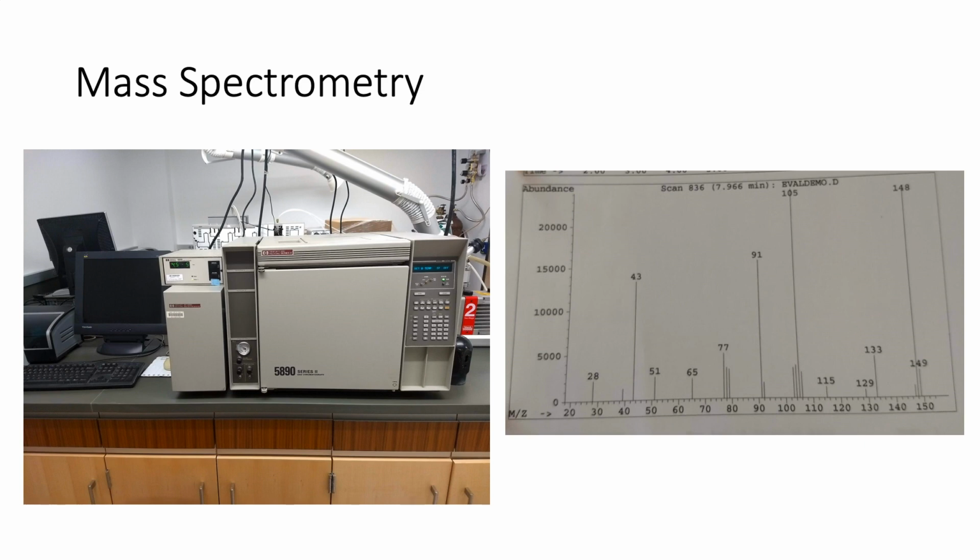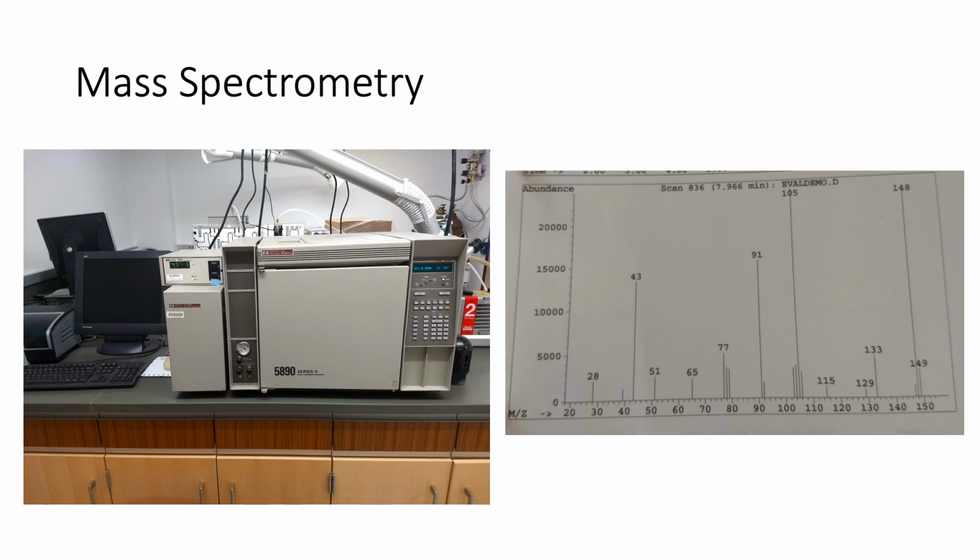It's right near the ICP-MS, so you may or may not have seen it, and it is slightly older and looks a lot like the GC that we talked about before in the essential oil lab, and that is because this is actually a GC mass spectrometer. So you inject your compound, it goes through gas chromatography, so if you have more than one compound, it'll split it into the different compounds,